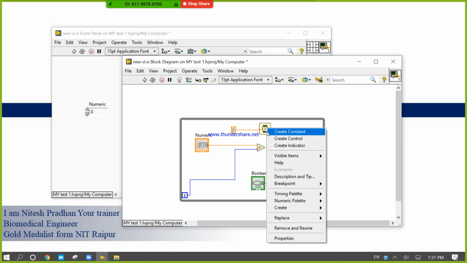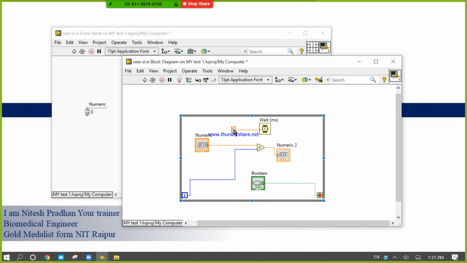So to control the performance and the processing of my CPU, I will use this kind of wait function. By using this wait function, we can control the speed of my processing unit, the CPU.